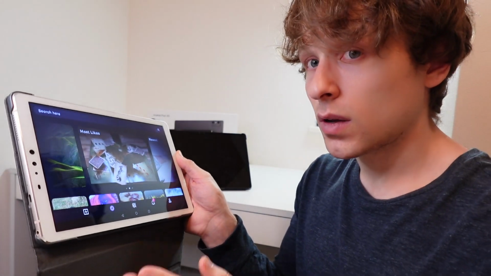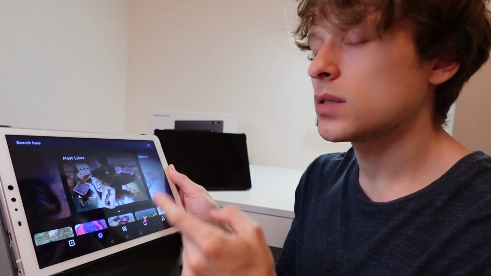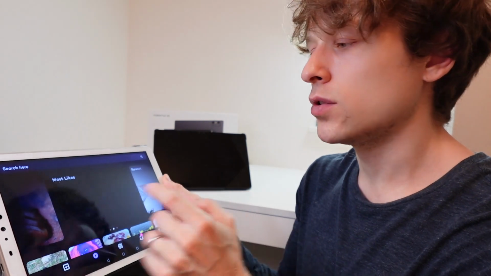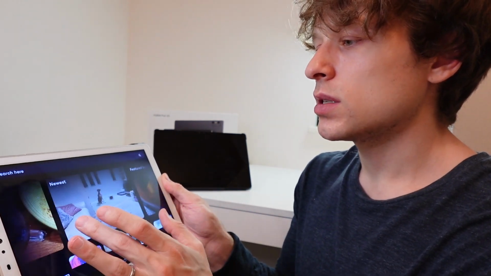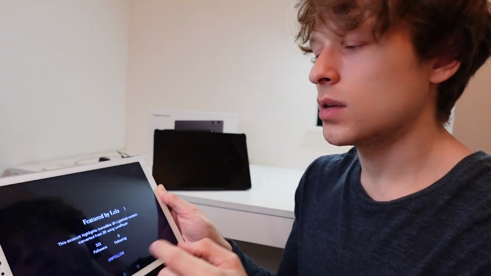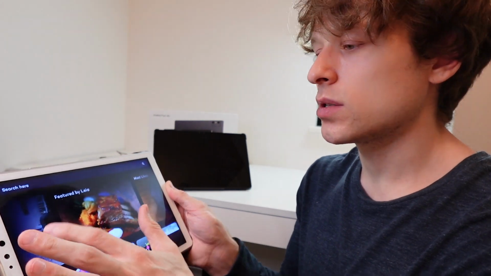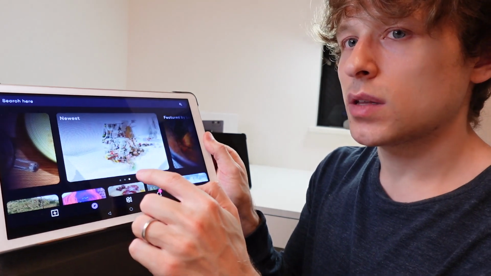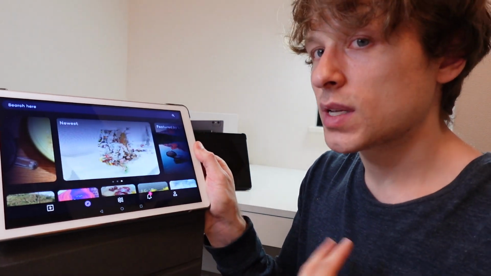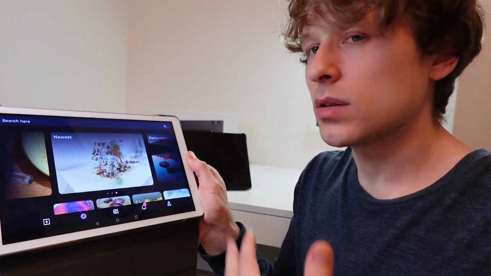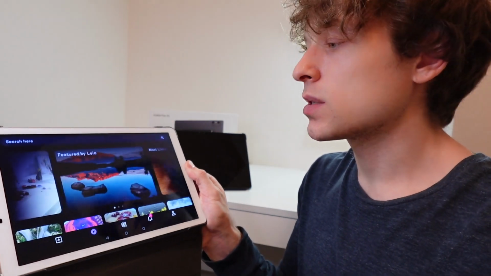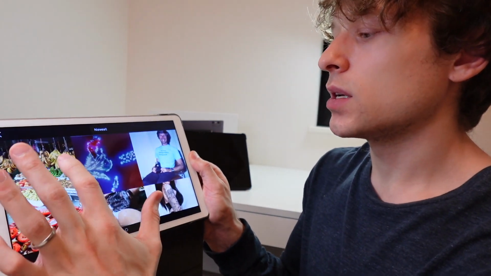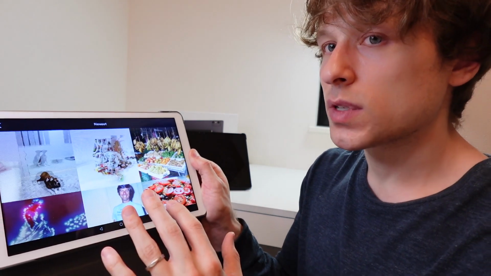One other interesting thing about LeiaPix on the original LeiaCam is that it's not 100% the same as the new version, and there's a section that does not exist on the new tablet but does exist on the original, and that is the newest section. So you can see the newest photos that are showing up here are the ones that I just uploaded, because I'm the most recent uploader of any photos on LeiaPix. And if you click on newest, then it'll give you a whole set of photos that are the most recent uploads,